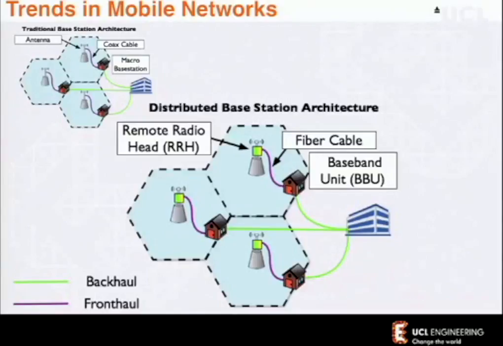This means the siting of these devices, rather than having to be right next to the tower, can be moved slightly away. You can ease some of your cell site problems, and usually a fibre link delivers the radio signals to be converted, amplified, and spat out. So you move the remote radio head right close to the antenna, with a fibre link to your baseband unit, and then still microwave or fibre data back into the network. And these have now been quite widely deployed in newer antenna sites.